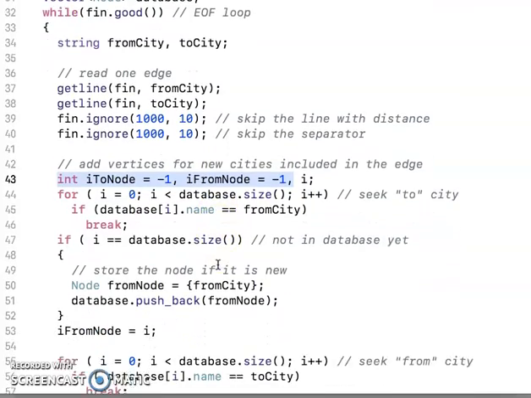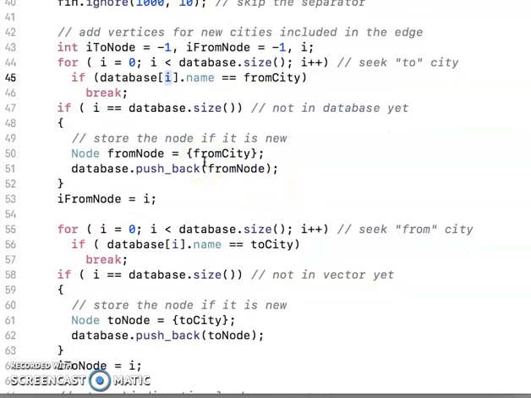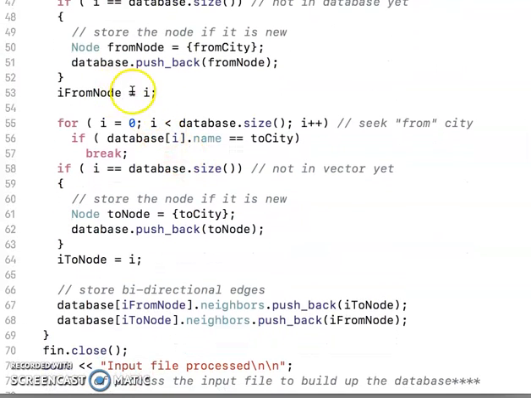Then here we just search the current database: do I have our from city or not? If we have it, great, break, because I need the i. Otherwise, I just need to add the new one. If i finishes equal to the size, that means I need to add a new city, so you push it in. Otherwise, you have your i equal to